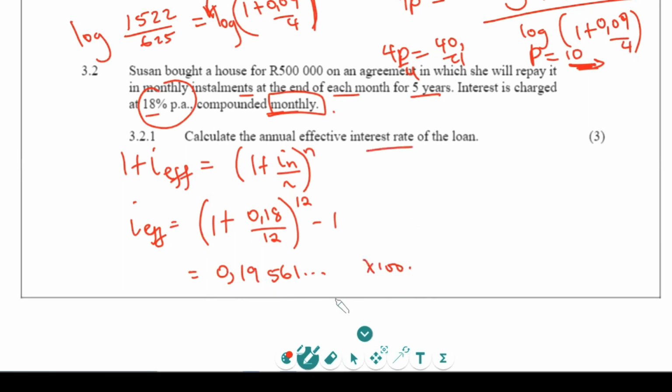Then I just need to round this off to 2 decimals after multiplying by 100. Remember, it is an interest rate, so multiply by 100 and round off your answer to 2 decimals. So this is going to be 19.56%. That is the effective interest rate. An effective interest rate is basically a type of interest rate that you can use straight away, without necessarily dividing by 12 and all of that. That is 3.2.1. Then